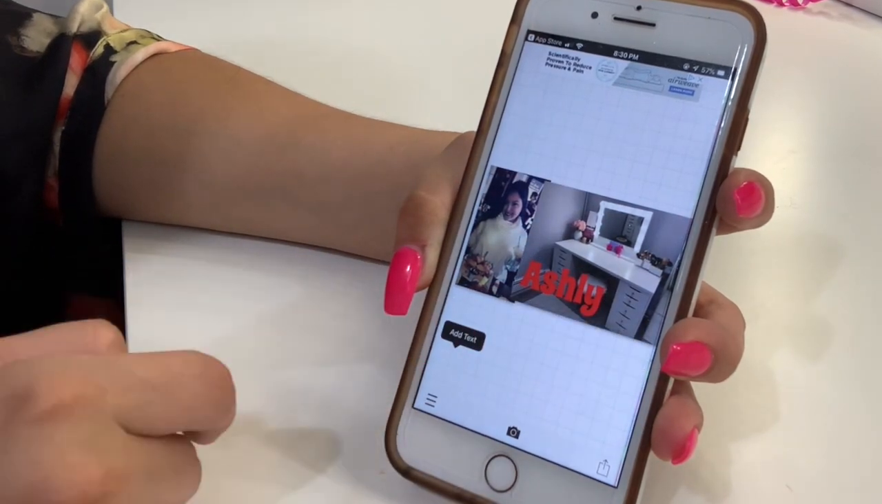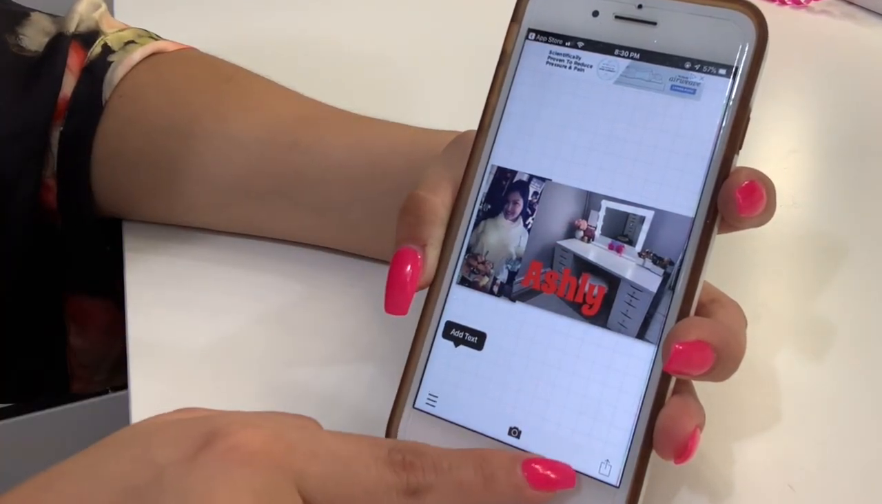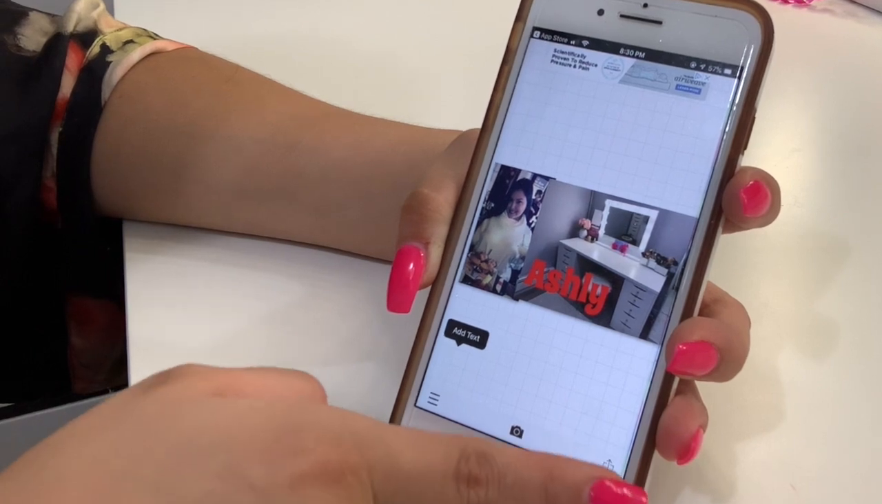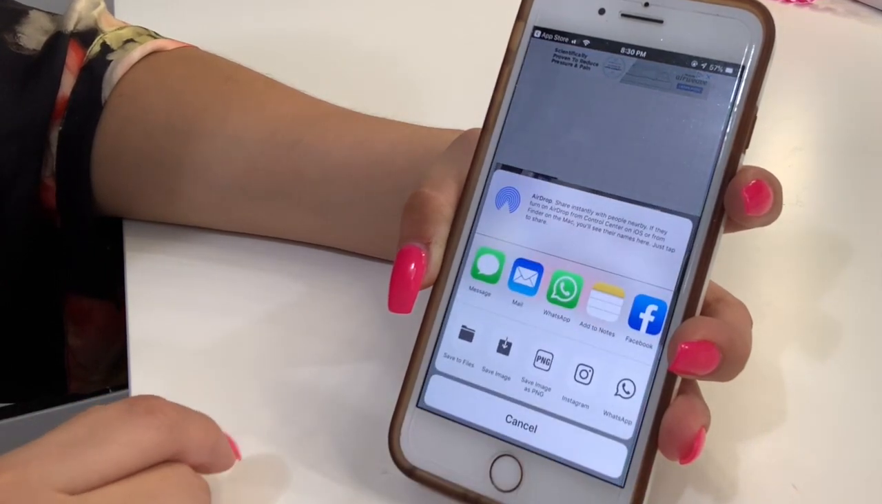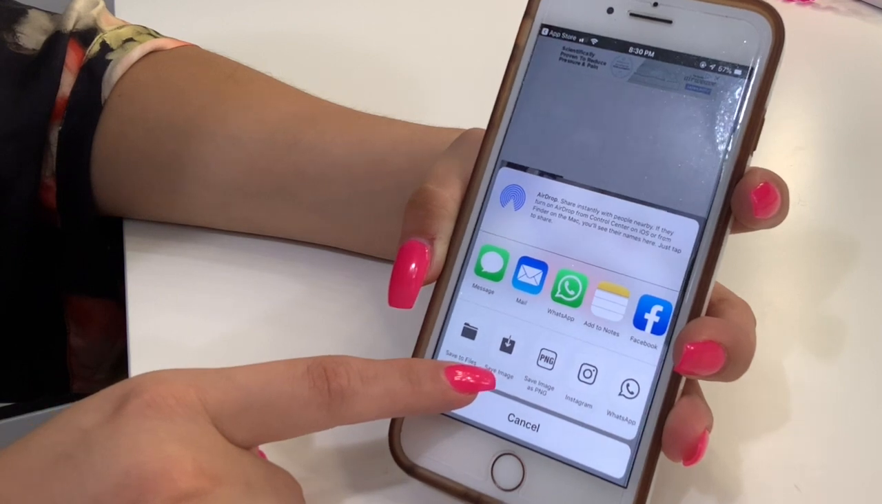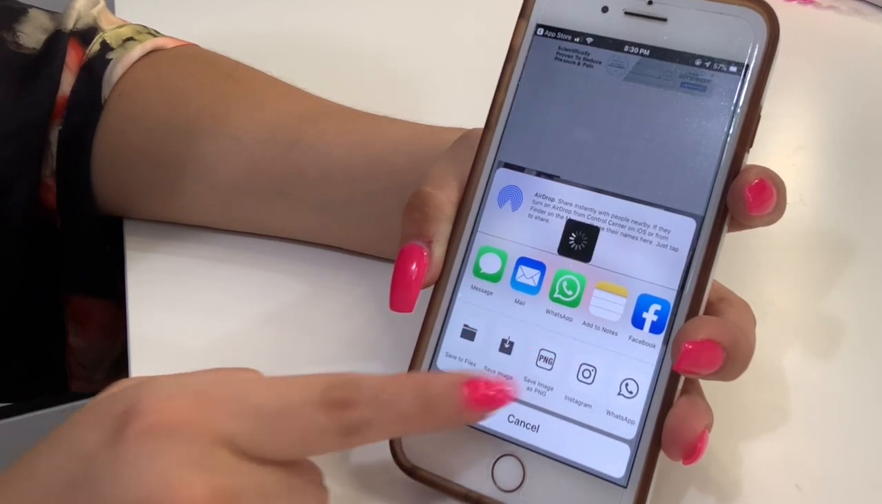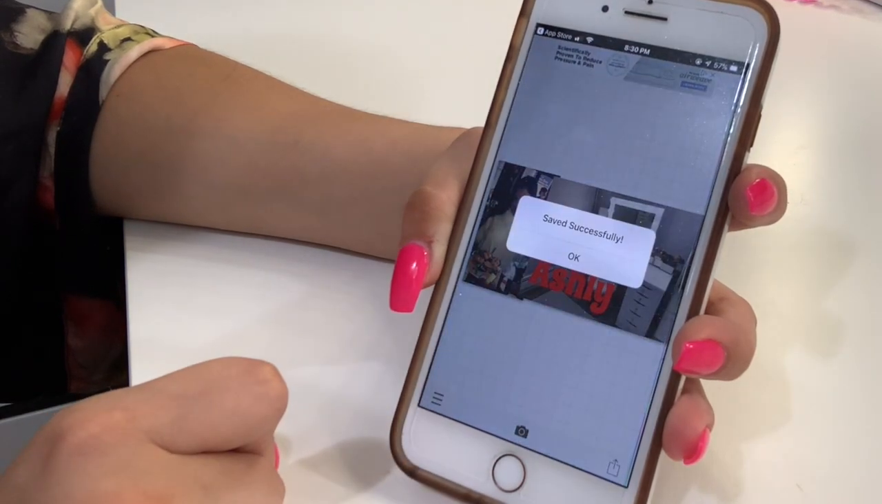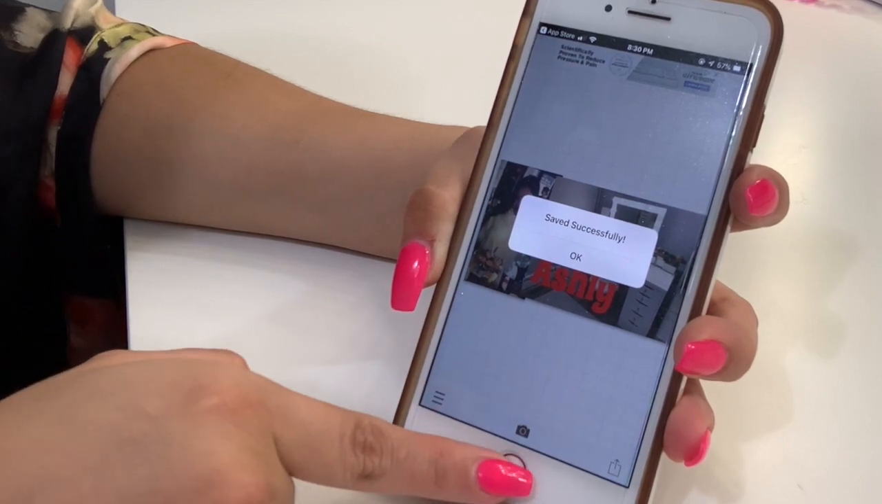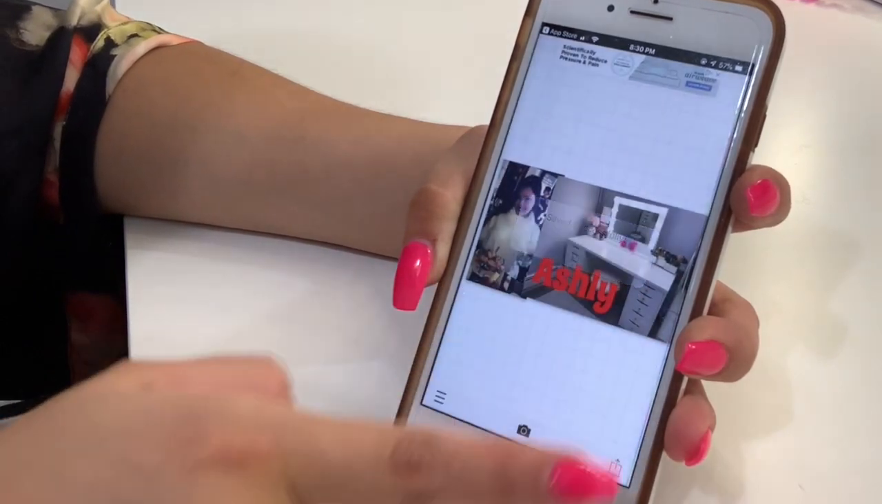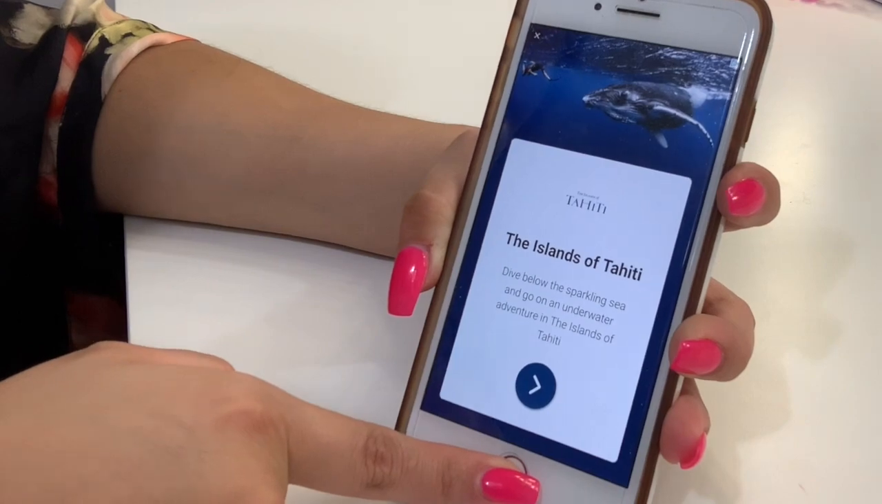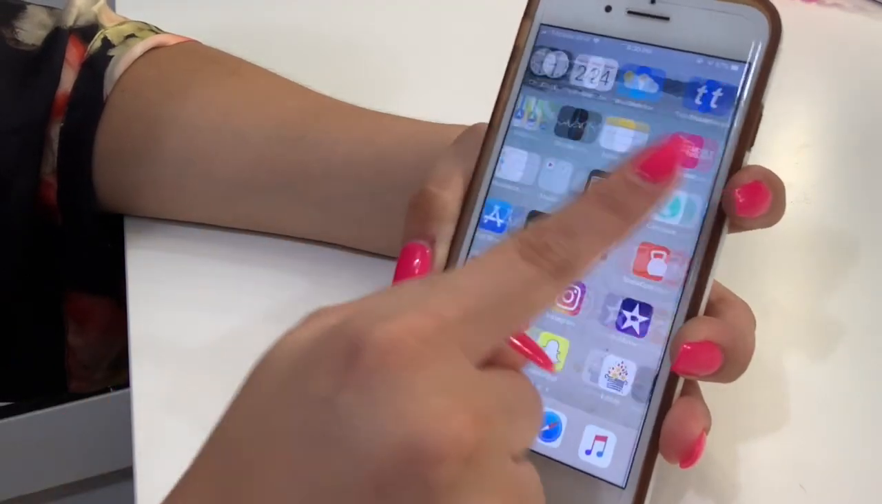And then I am going to click on this one right over here. And I am going to press on save image. It says successfully saved. Okay, so now let's go back to our